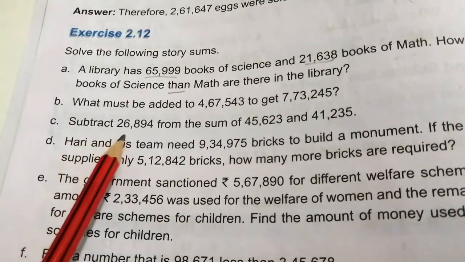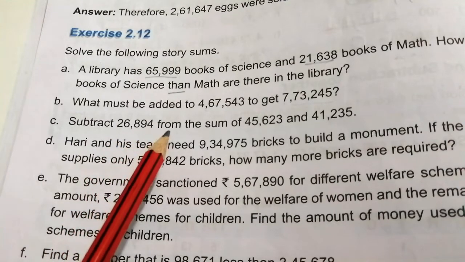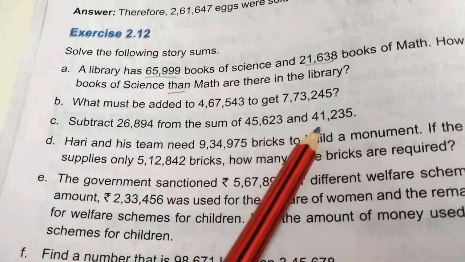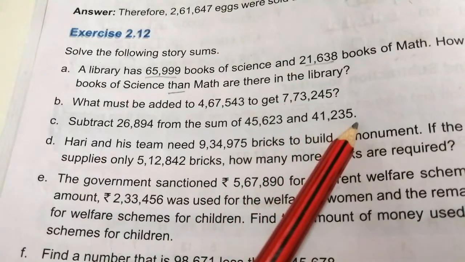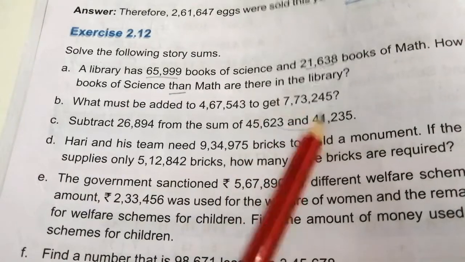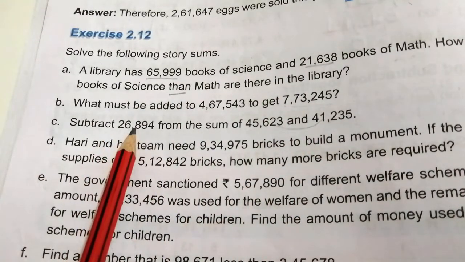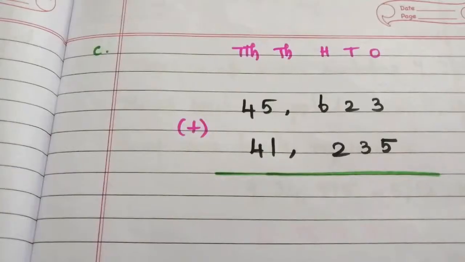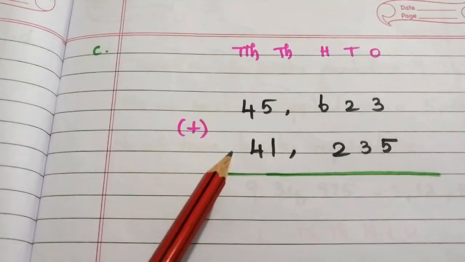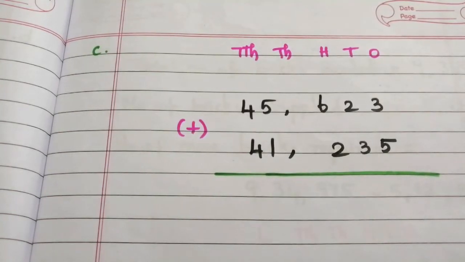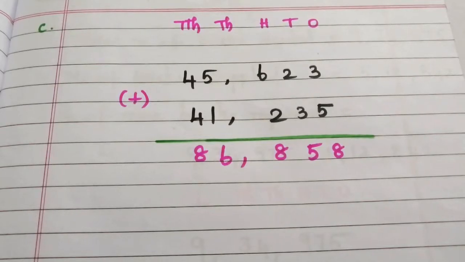C. Subtract 26,894 from the sum of 45,623 and 41,235. So first we have to add these two. Then we subtract this number from its sum value. So first we have to add these two numbers vertically. Then we have to start addition from ones place. So after adding these two numbers, we get